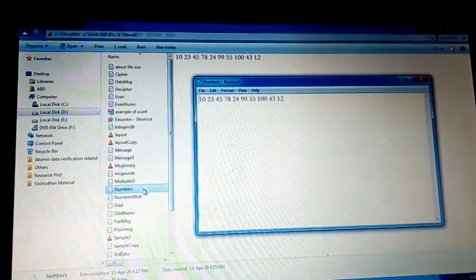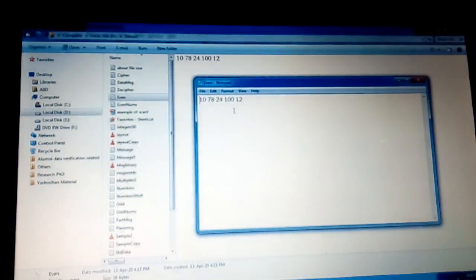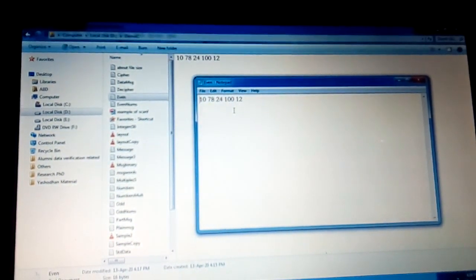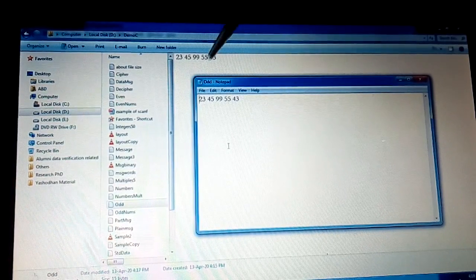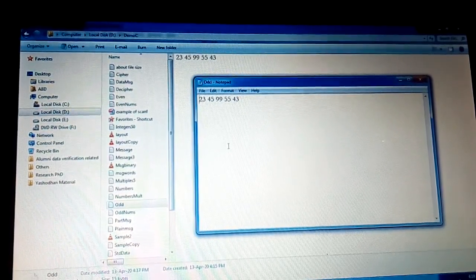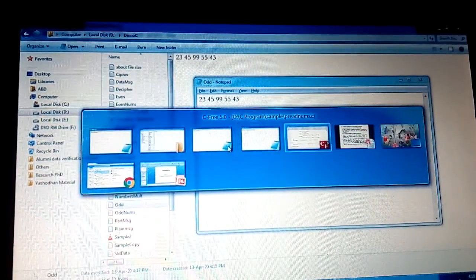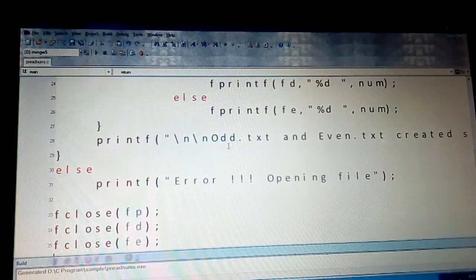Then we have the even file, exactly 5 numbers are there, 10, 78 and so on. Then we have the odd file, which has only the odd numbers. So this is how you can create a program using even.txt and odd.txt.